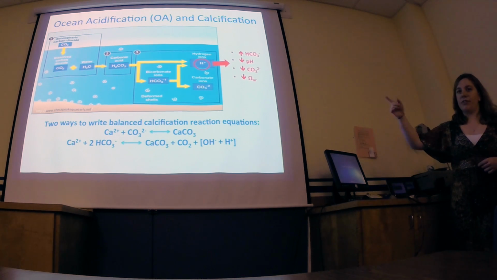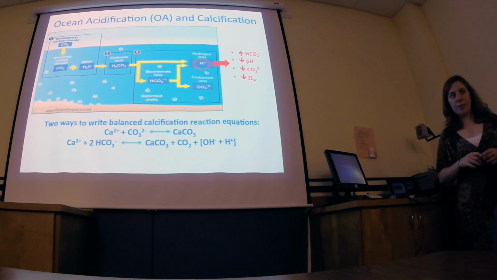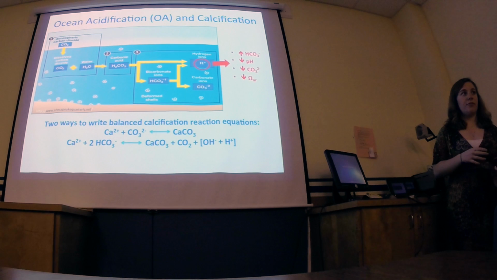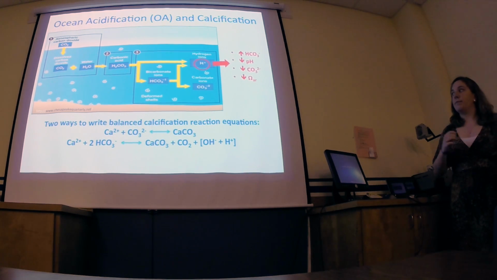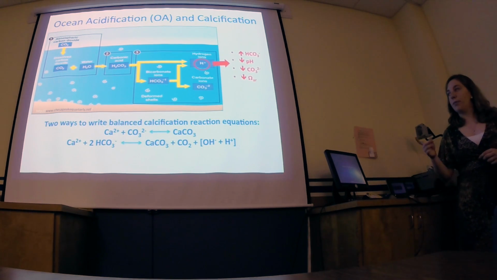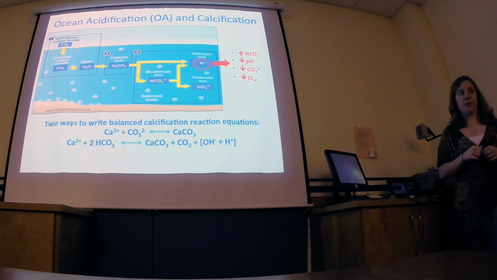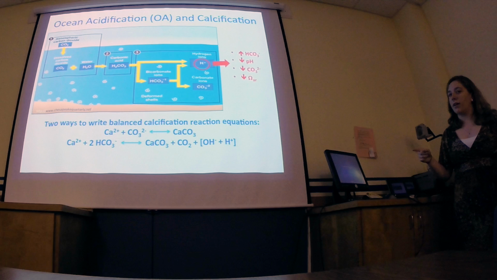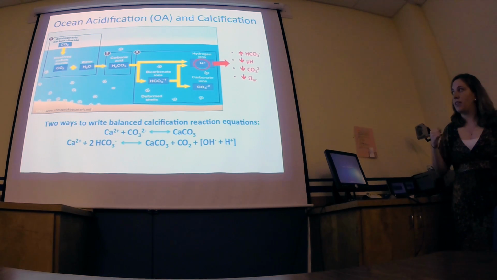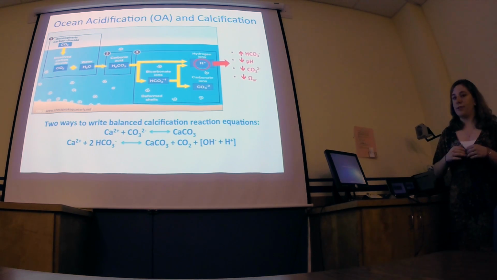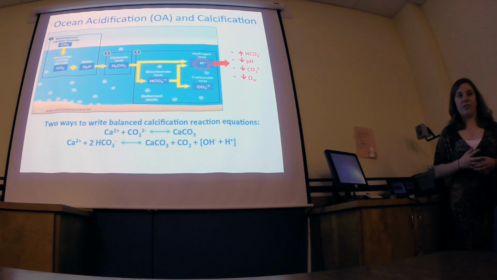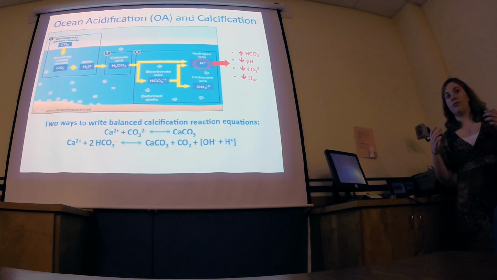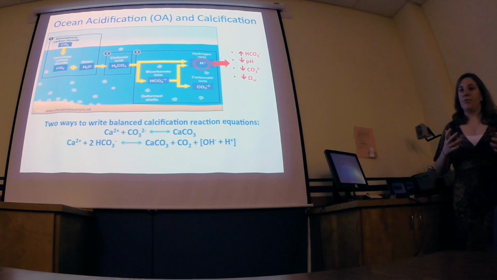Though the seawater stays at bicarbonate because of the chemistry of the sea, we are still producing more protons overall, which is reducing the pH. And since we're adding protons into the seawater, those are also reacting with carbonate ions. So as we are adding CO2, we're increasing proton concentration, which is dropping the pH, and we're taking out carbon